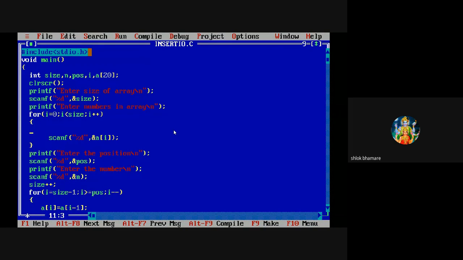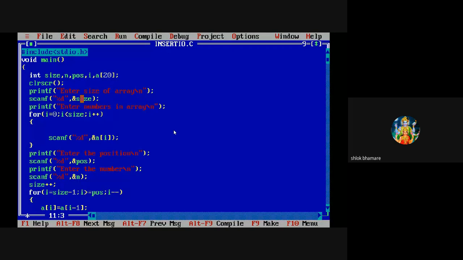See what is given here. Hash include stdio.h, then after that void main, then integer size, pos, i, and array of size 20 is declared. After that clrscr. Now here we can store maximum 20 numbers in array. So again it is asked enter the size of array.